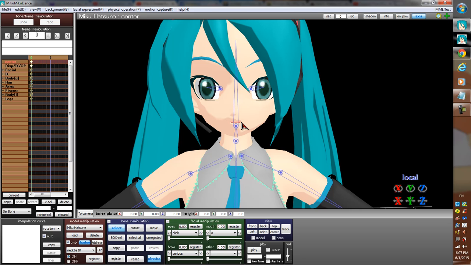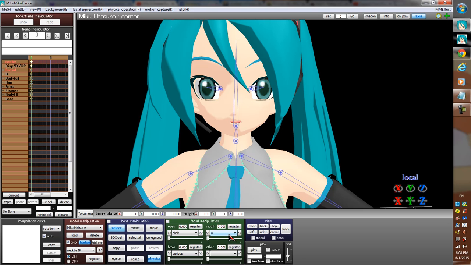Now, mouth movement. As you can see, there is A, I, O, U, and grin. That is all the functions she has. So that's all I'm going to cover, and I think that'll be enough to get you started with all the other models that have more vowels and more mouth movement. As you can see, when I slide it all the way to the right, her mouth opens with an ah looking mouth appearance. And I is an E kind of look, and then the U is an ooh kind of look,